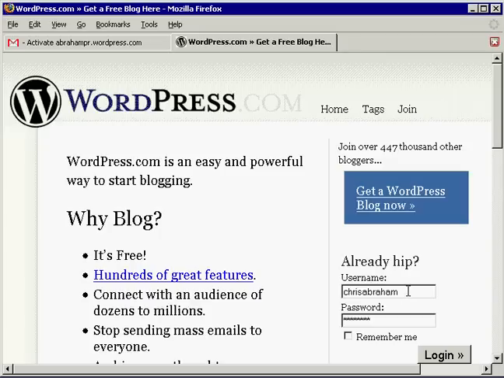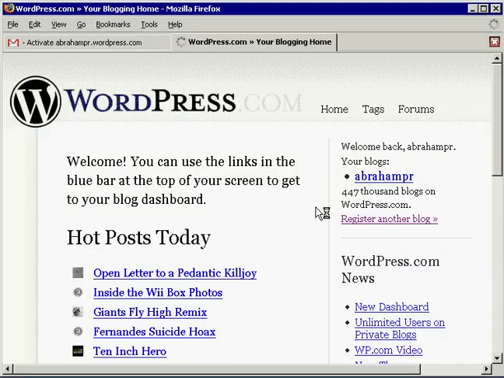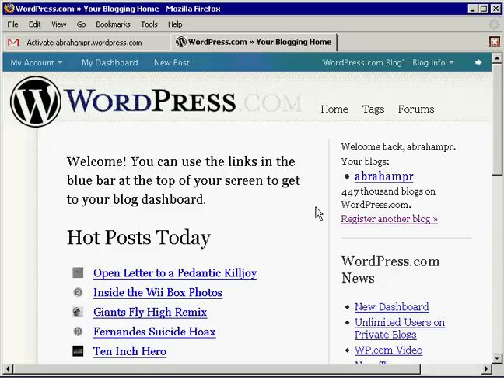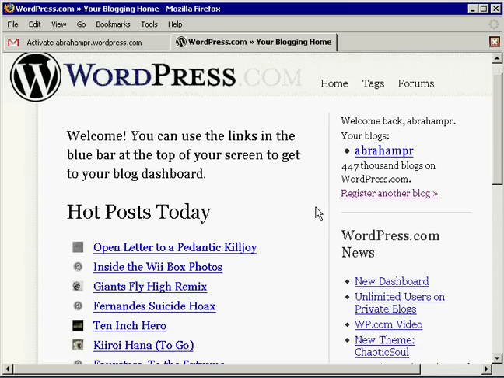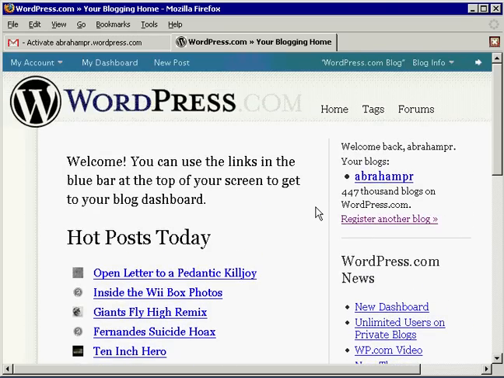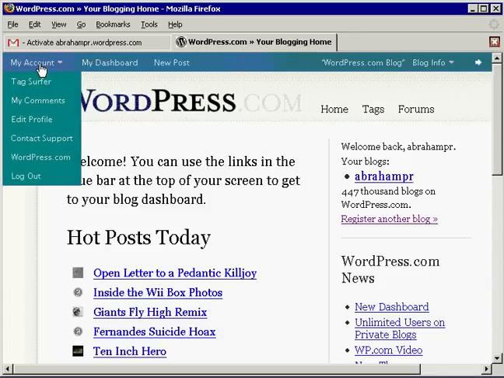Okay, so I'm going to put in this user area ABRAHAMPR, and then I'm going to paste that password in. And I will not remember it now because the first thing I'm going to do is change that password when I have an opportunity. Alright, so here we are. We're in the easy, friendly to use My Account area. So we have all kinds of new information here, but what we want to do firstly is go to My Account, and I think we should probably go to Edit Profile,